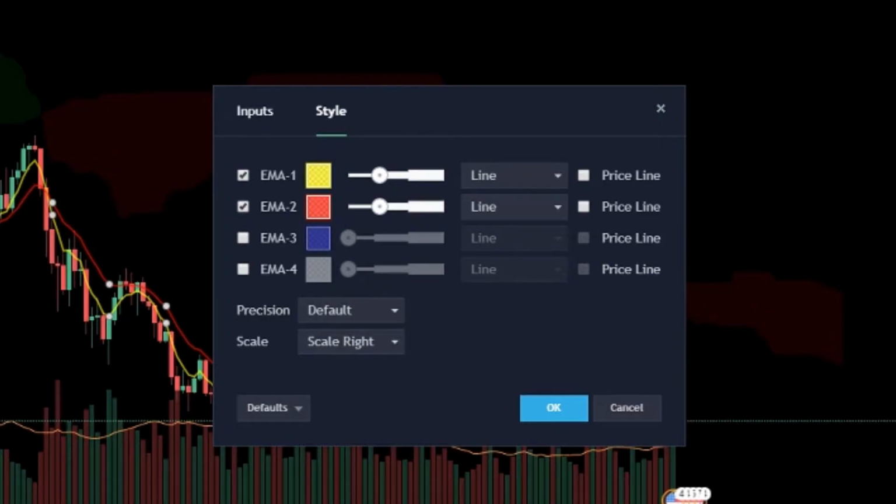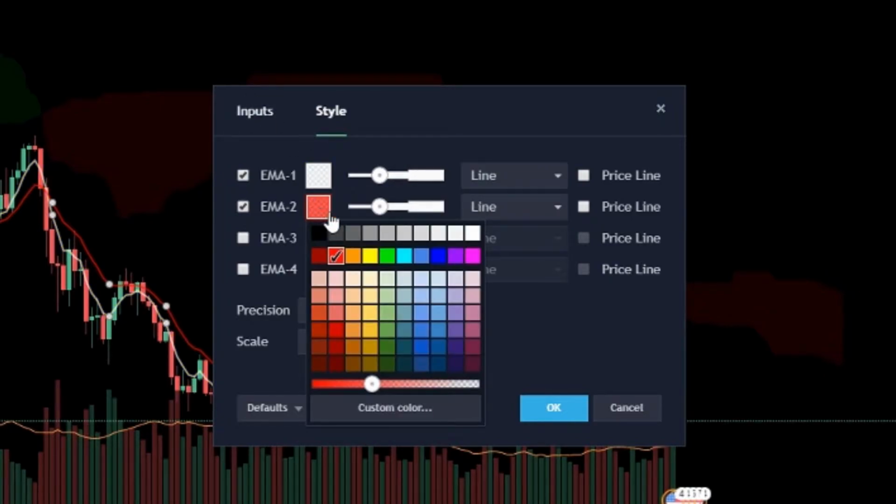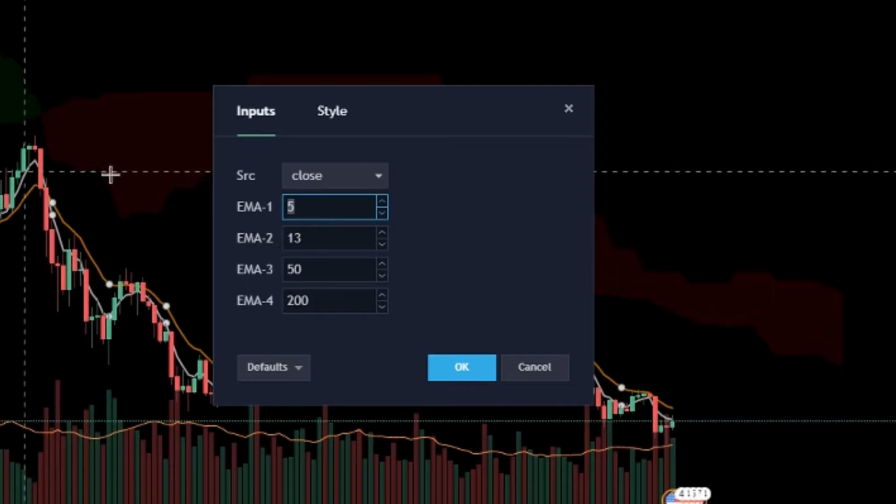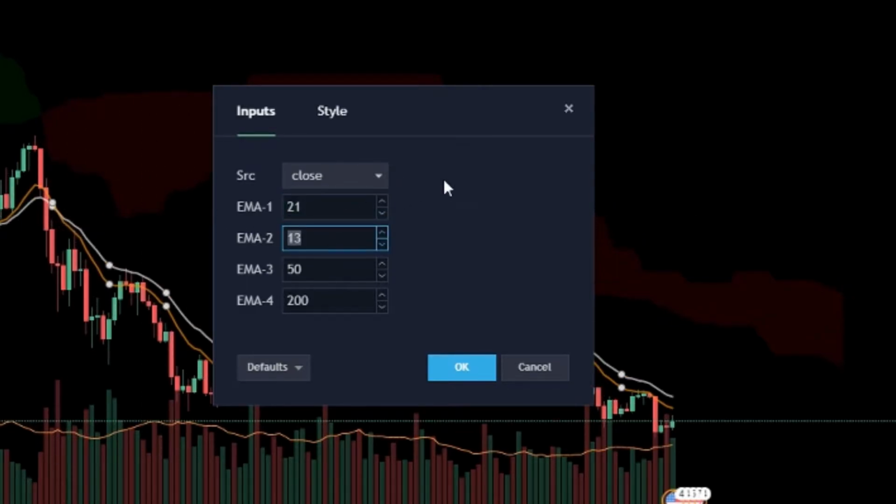It's just a possibility that you can do, that I use personally myself. So that is just something that you can do, right? So I do that. And then I go into EMA 1. And we're changing the color here to white, and EMA 2 we're changing it to orange. Alright, there you go. Now we go to EMA 1 and we change that to 21 and EMA 2 to